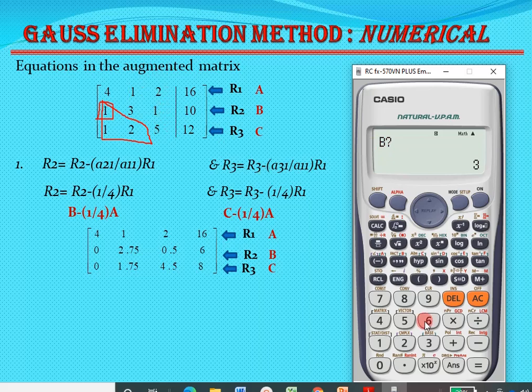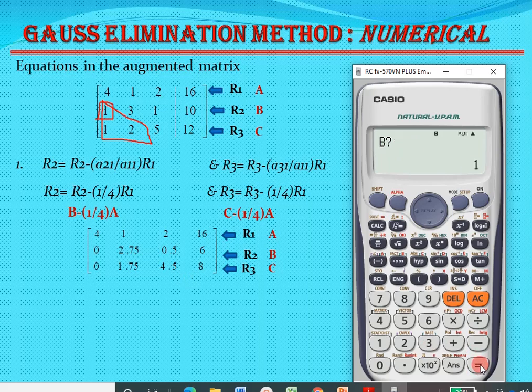Again pressing equal to, it asks you the B value for the third column. For the third column the B value is 1, so press 1 equal to. The A value in the third column is 2, press 2 equal to, and the C value in the third column is 5, so press 5 and equal to. You will get the new B value as 0.5, which is written. Again pressing equal to, you will get the new C value, which is 4.5, and it is written again. And again you need to press equal to.